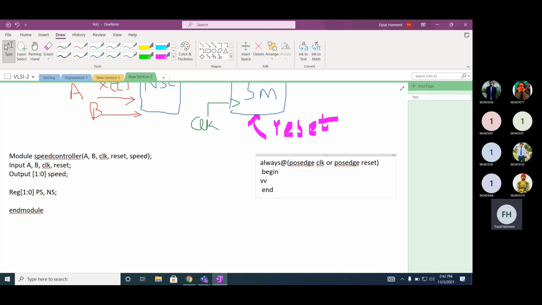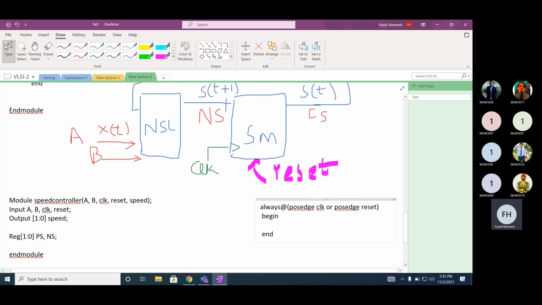Okay. Now if you remember, whenever we want to model a clock, actually this is your Q output, and your D input. Whenever you want to model a synchronous clock, your Q output should be on the left hand side or right hand side? Q should be on the left hand side. Now if you look at Q here, what is Q? Current state. Your Q is actually current state.